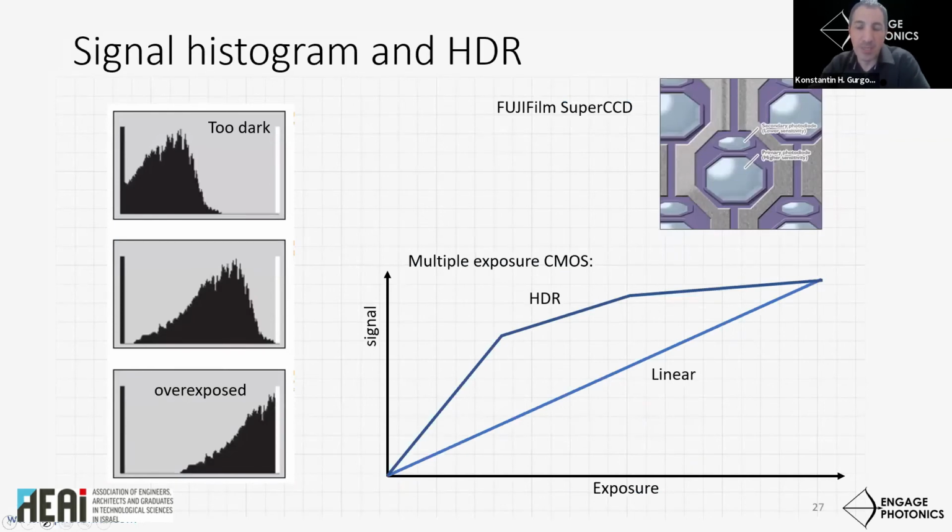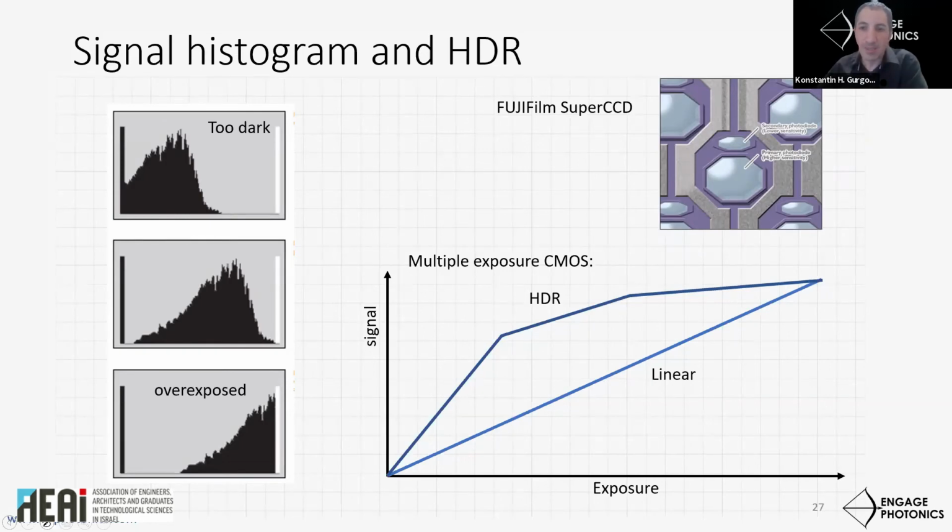Therefore, the image sensor exposure time and gain are controlled in real time to get an optimal amount of signal over the frame. So typically, ISP chips analyze the statistics over the image in real time, and they correct different settings of the image sensor. The histogram is a useful tool to analyze that.